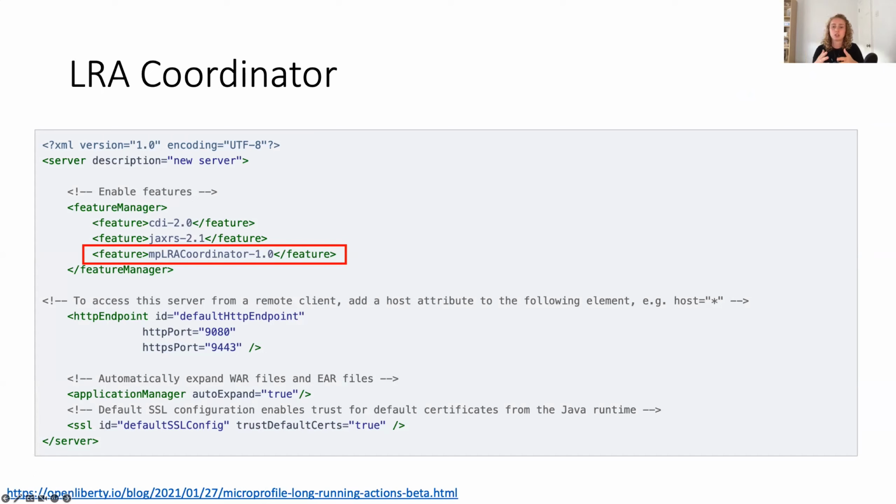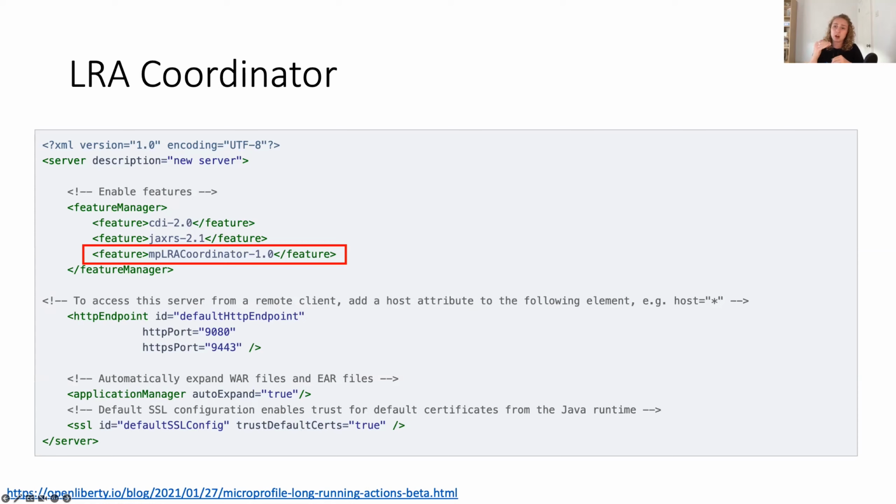Essentially what we need to do is make sure that we've added the MicroProfile LRA feature. Now, one thing to remember is that with MicroProfile, the nice thing is it's modular. So you don't have to add all the features if you don't want to. You can just add them individually. The one thing I would say, if you want to have a go with this, for MicroProfile LRA is there are 2 dependencies that you'll need if you don't have just the standard stack as a feature.